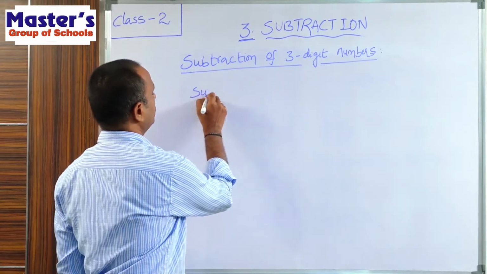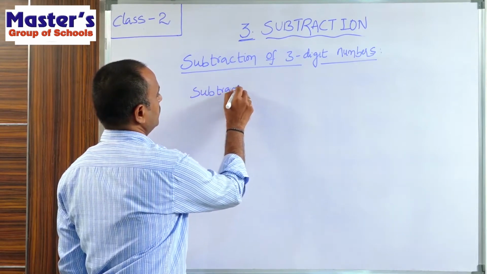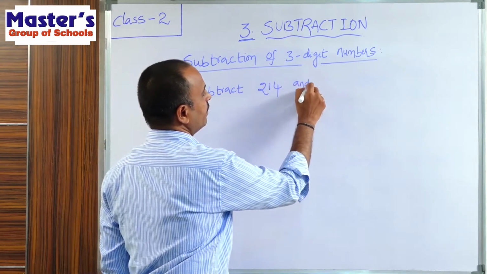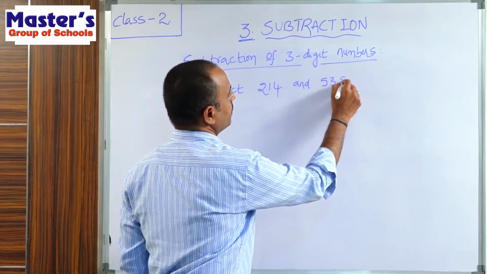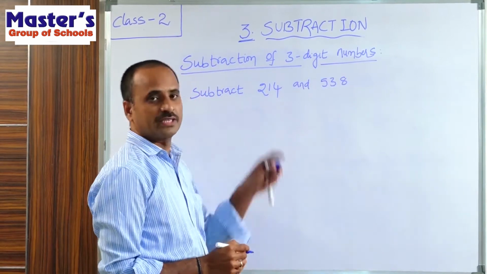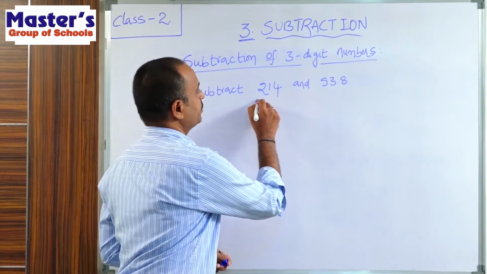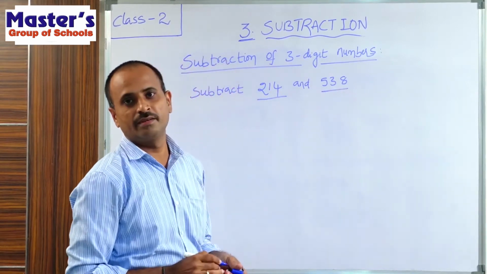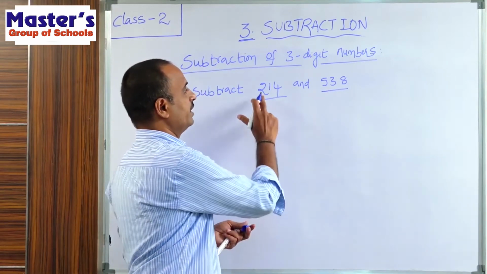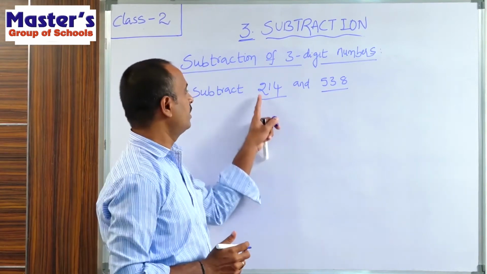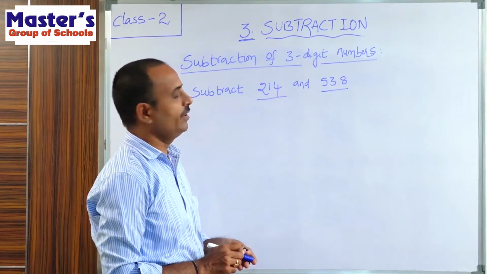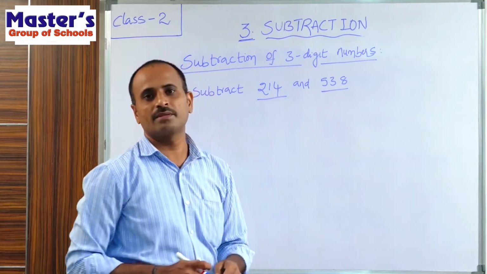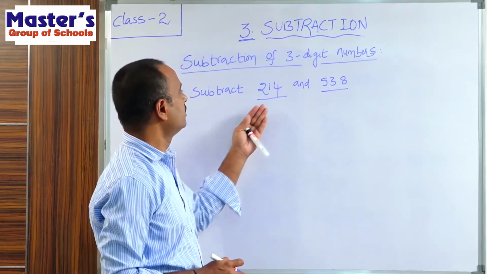Subtract 214 from 538. So here two numbers are given, the first number is 214 and the second number is 538. Here 214 has three digits, 1, 2, 3, and 538 also has three digits. Here both are three-digit numbers. Then how to subtract these